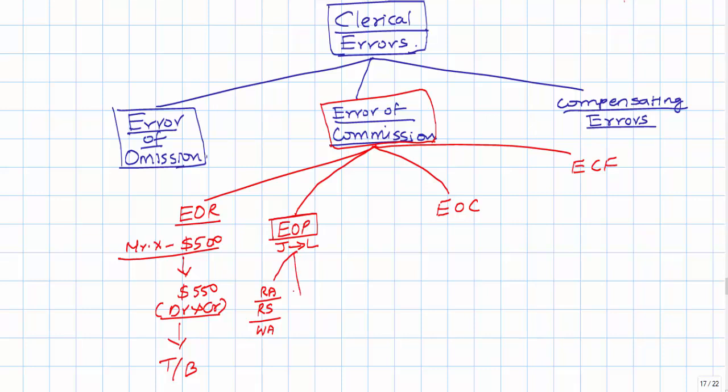The second kind of error can be picking the right amount. You have picked up the right amount, and the right account, but you have taken it to the wrong side. So this is another error of posting. The third possibility can be picking up the wrong amount, but taking it to the right side and the right account. So this is an error of posting. The fourth one can be picking up the wrong amount, taking it to the wrong side but to the correct account. So this is also an error of posting.